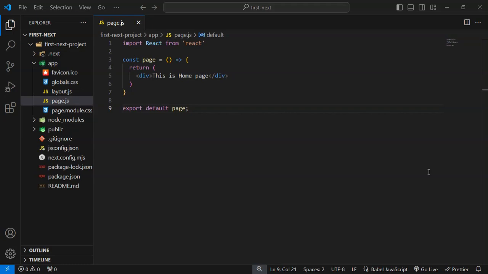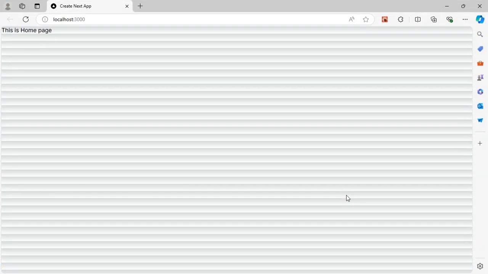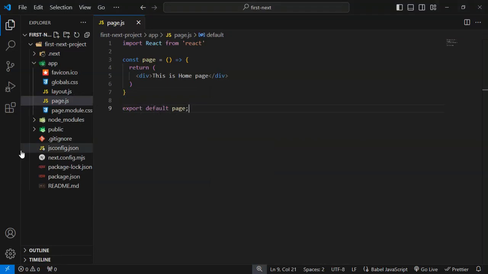You might be thinking about how this code is working in our Next.js project, which we have seen in our previous tutorial, and this was the output. So let me explain how this code works in our Next.js project. Here I have told you that inside our page.js we have the code that we have written, and it is rendered as the output I have shown you, and this folder